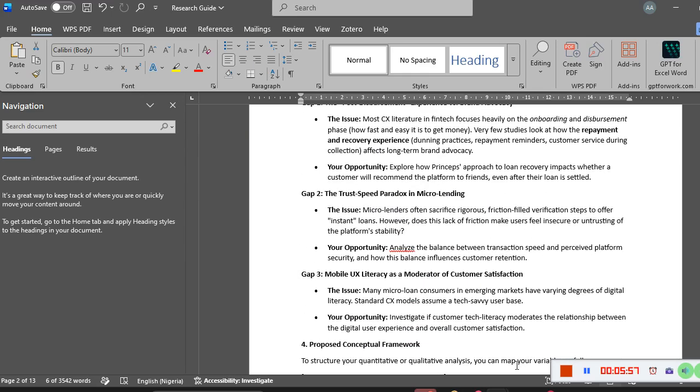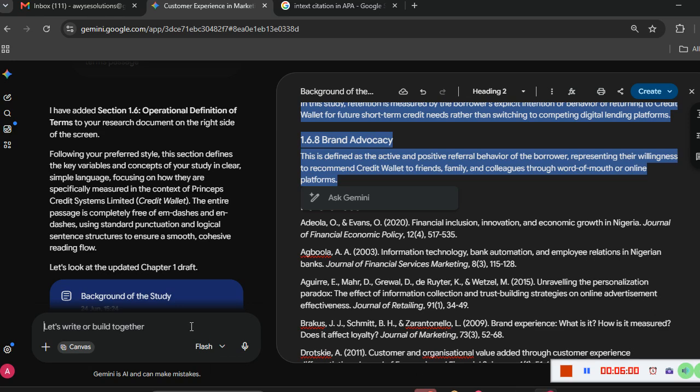So let's interact with the AI by saying, okay, now we are done with chapter 1, and the next task on the line is chapter 2, where we are to study